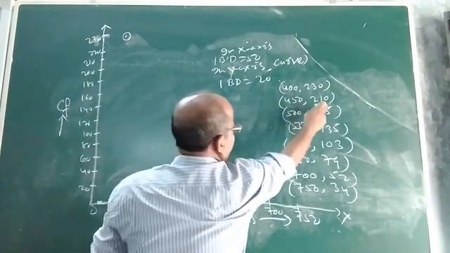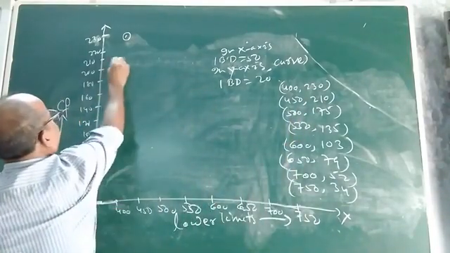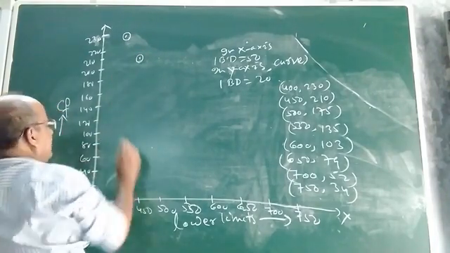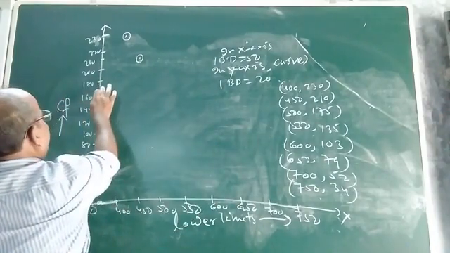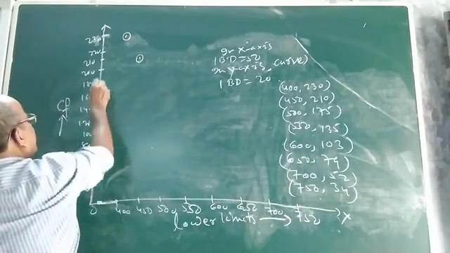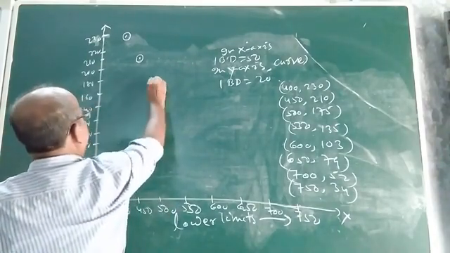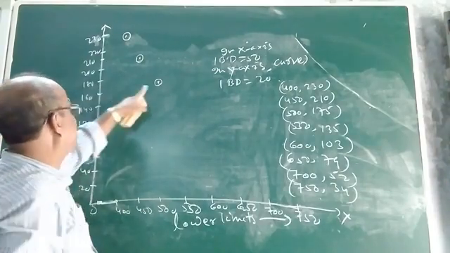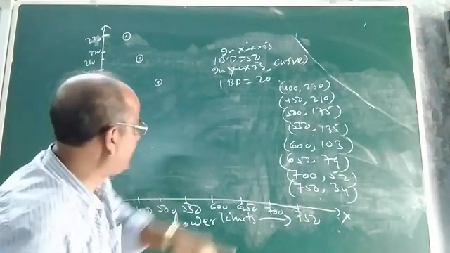Then what is the next? 450, 210. See, 450. You go along, this is 210. Suppose this is 210. Okay. Then 500 is 175. So 175 will definitely lie between 160 and 180. You see, 500, 160 and 180. Suppose this point is coming between 160 and 180. Suppose this is 175.